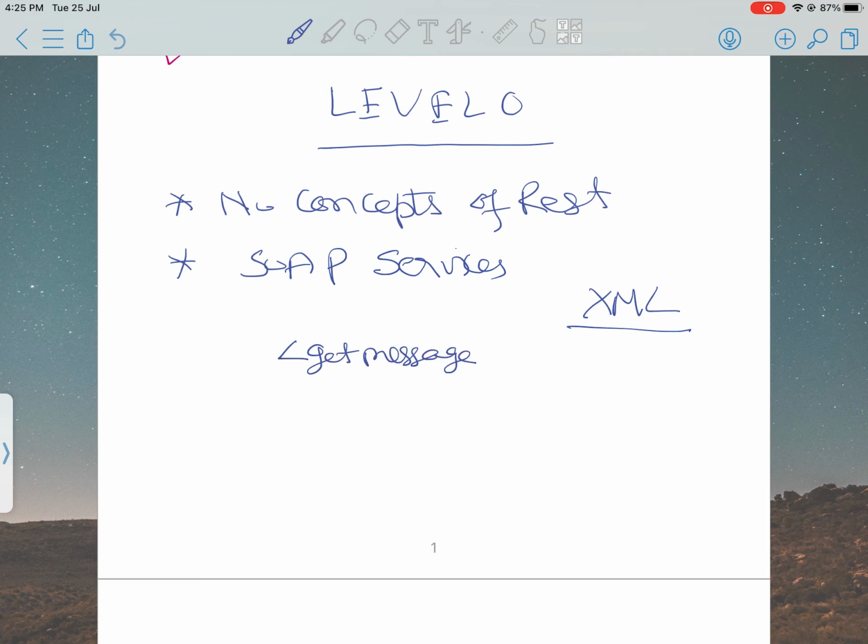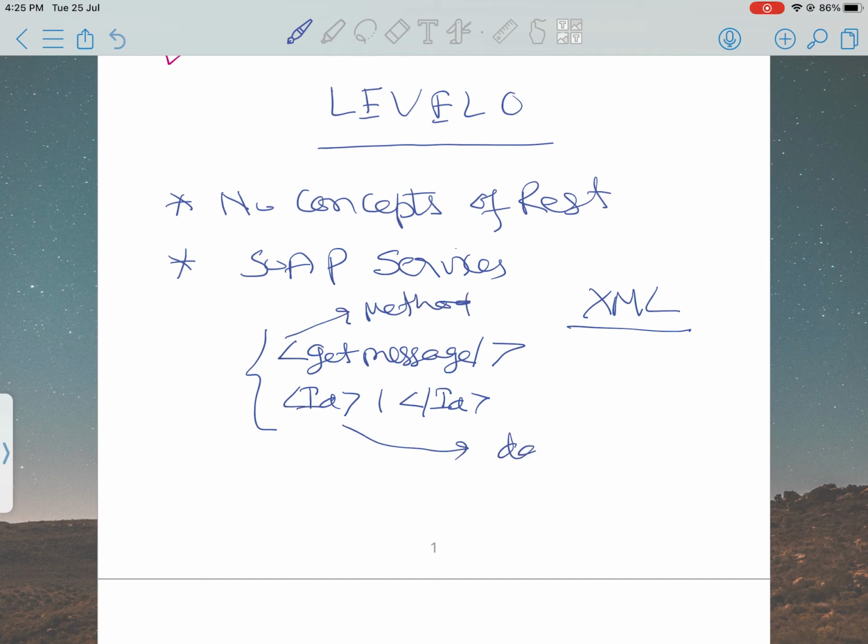Then you will define the ID for which, suppose for ID 1, you want the message from the system. So you will define the ID, and then this message will be sent as a request, and in this we have the method, what method we want to apply, and also data in the form of XML, right? And also the URI, right? The URI will be basically verb based, like getMessage,